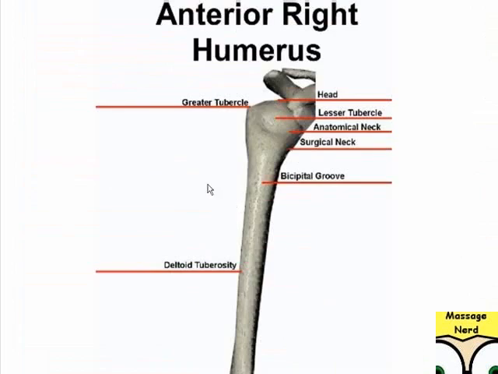Anterior right humerus, bony landmarks. First one, greater tubercle, head, lesser tubercle, anatomical neck, surgical neck, bicipital groove, deltoid tuberosity,